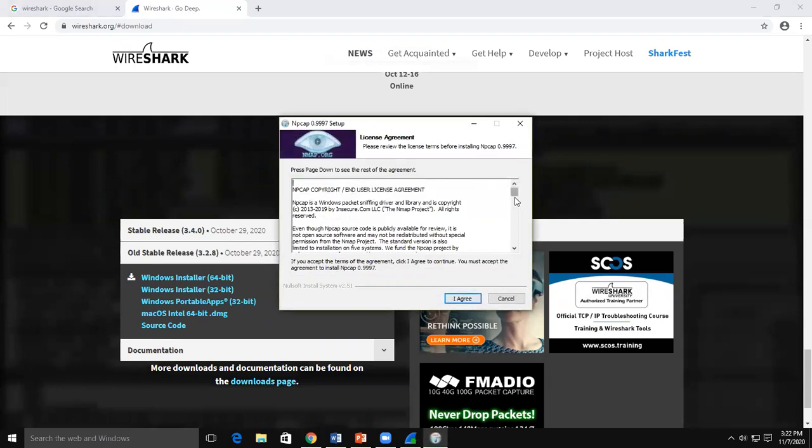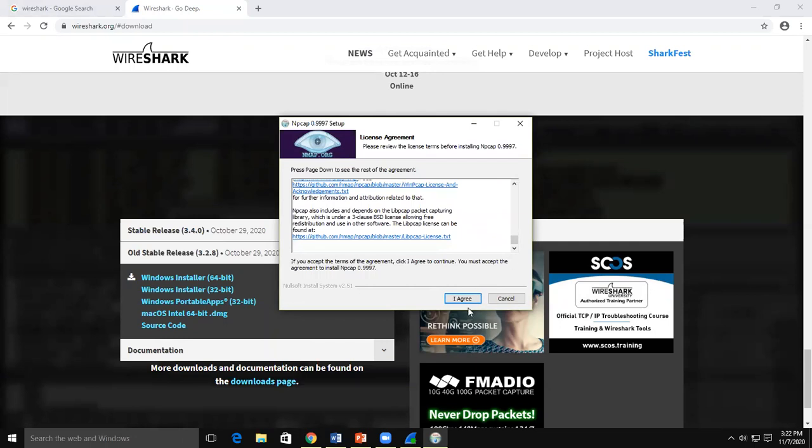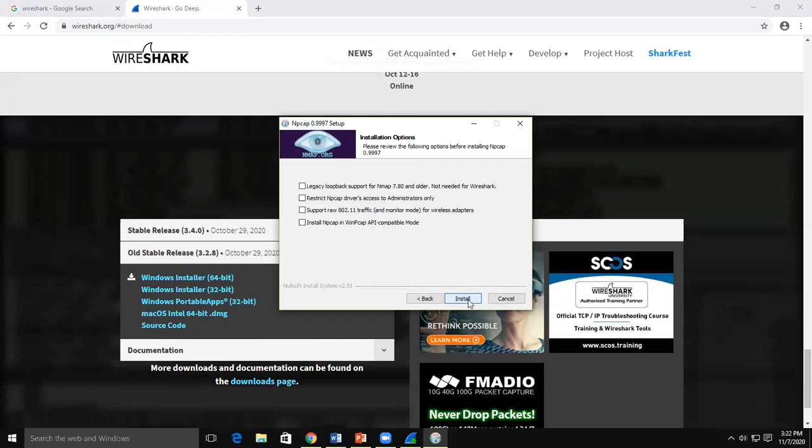After that it will ask you for the license agreement. Do I agree? These are the terms.